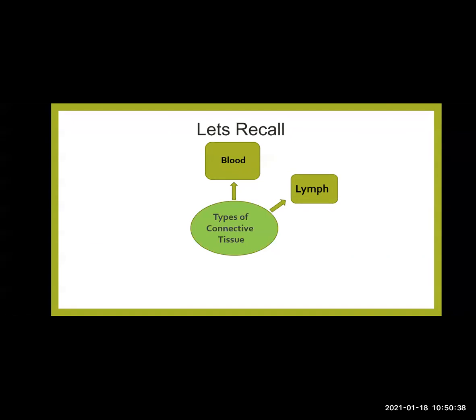The second connective tissue was lymph. Lymph is basically the same composition as blood except RBCs, that is, except red blood cells. The components of lymph and blood are the same. Lymph is also a liquid connective tissue and it is protective in nature, as the number of WBC, that is white blood cells, is more in lymph. It helps our body to fight against the infecting agents.